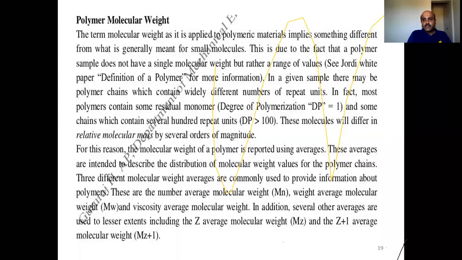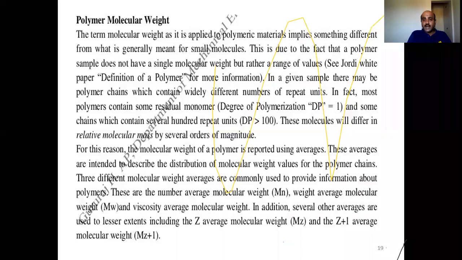When we speak about molecular weight with respect to polymeric materials, it implies something different. What we generally use for smaller molecules does not hold good for polymers. The main reason is that a polymer sample does not have a single molecular weight,